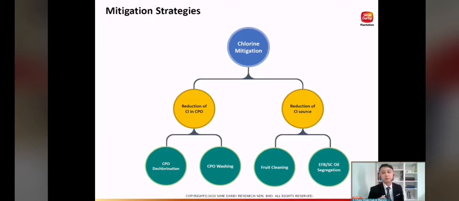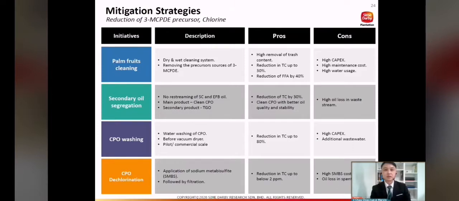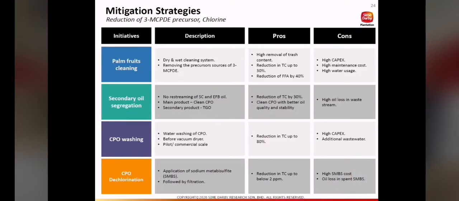One is CPO washing, which is very commonly known, and also CPO dechlorination. I will describe these four methods in detail later. For the palm fruit cleaning, we introduce dry and wet cleaning to remove the precursor of 3-MCPDEs, which is the